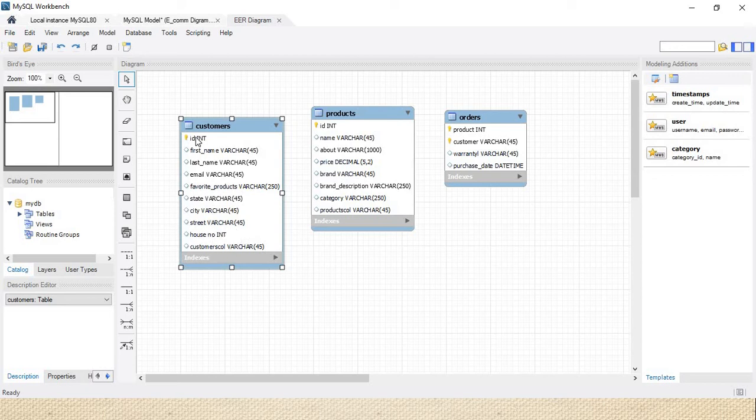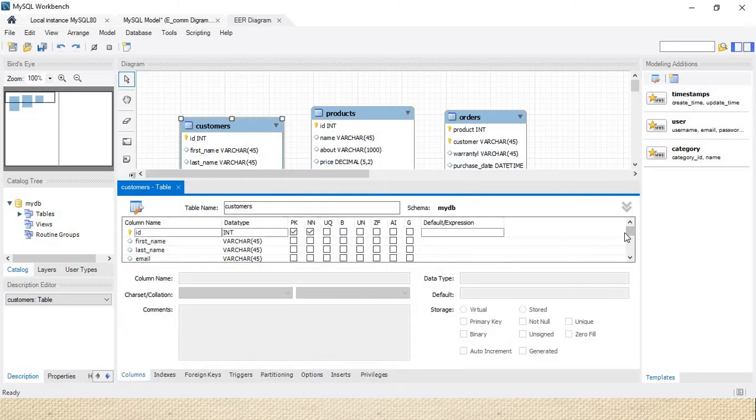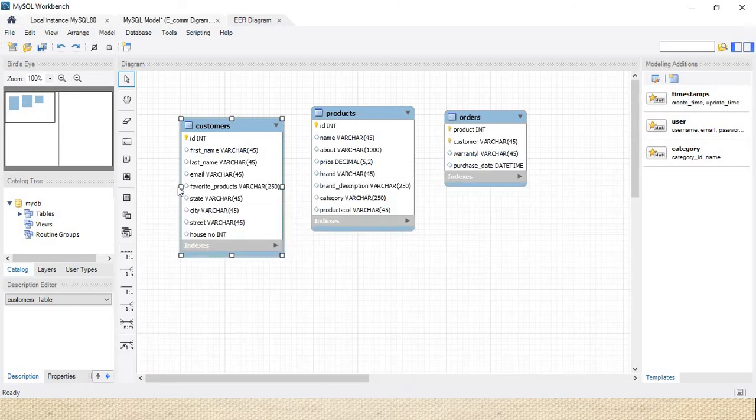What about it? So the table is automatically created. Last, we need to delete it. Okay, so right click. I don't want to use this, close it right now. So all attributes except the favorite product follow the rule of normalization.